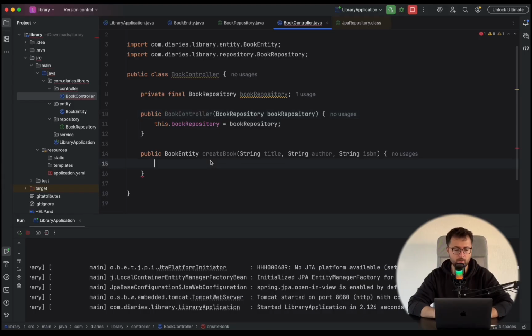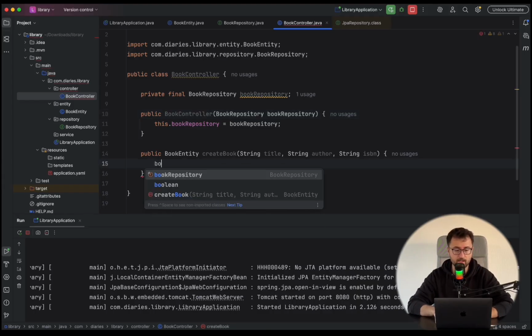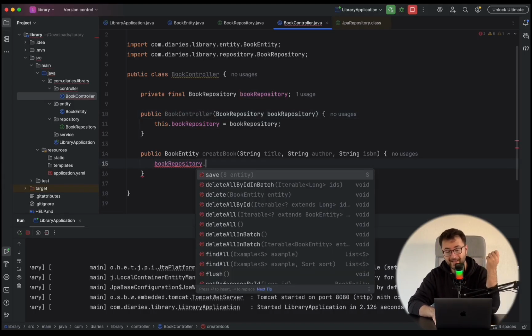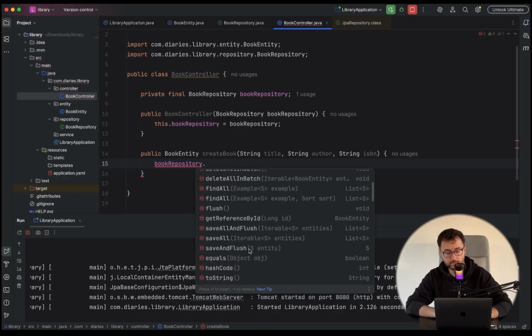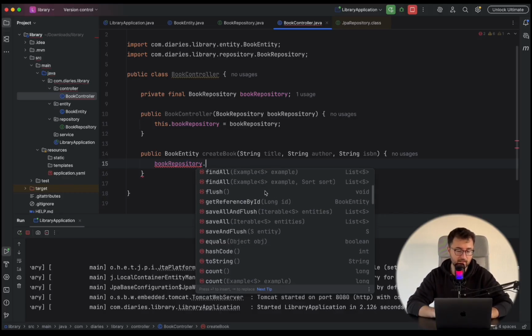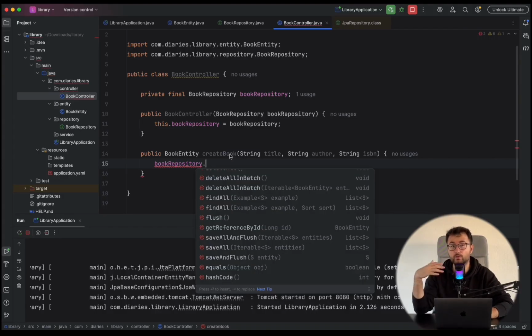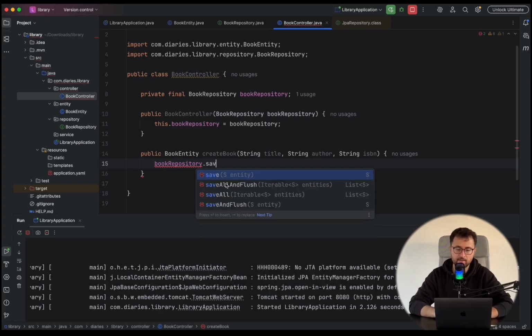And right away, what you're going to realize is that I actually am able to use the book repository methods, such as the save methods, delete methods, and there are various types of them with different parameters and return types. We have certain find methods. And now that this method is called createBook, the method I need is the save method. And as you can see here, it is going to take an entity object and it is going to return